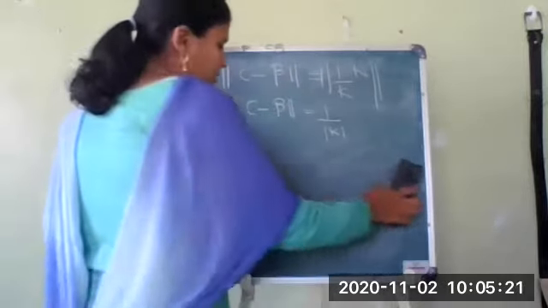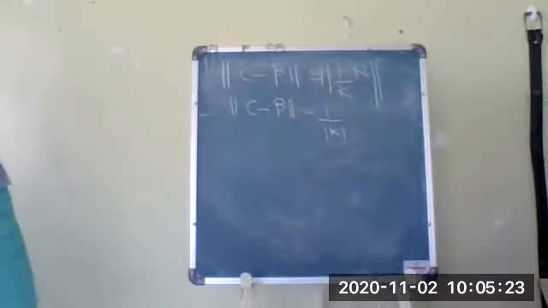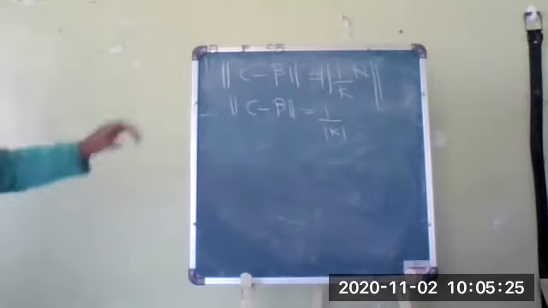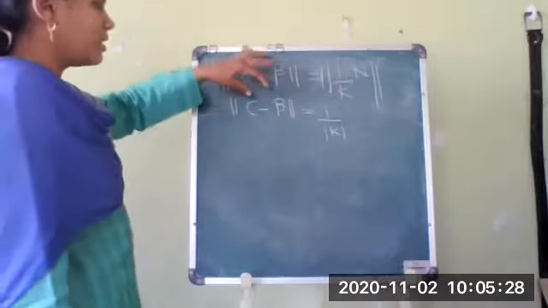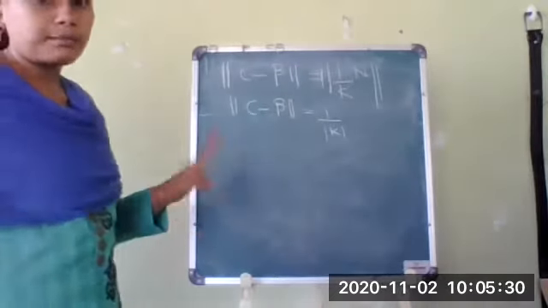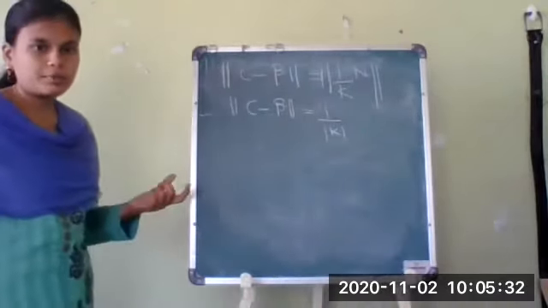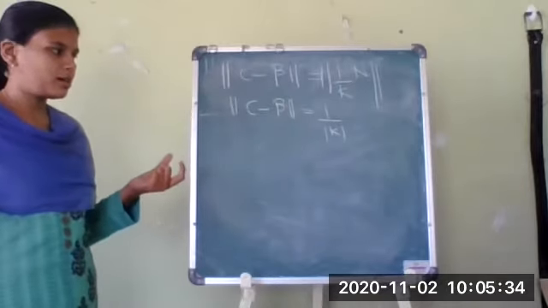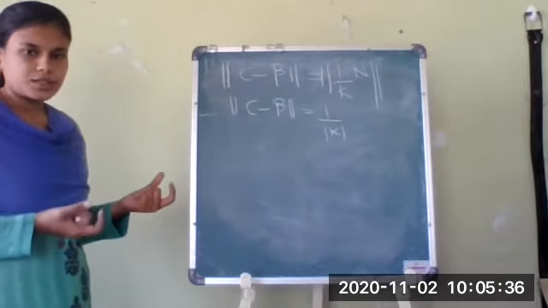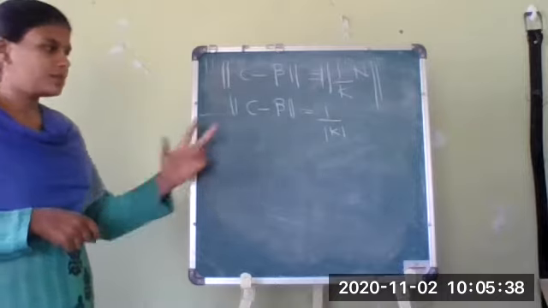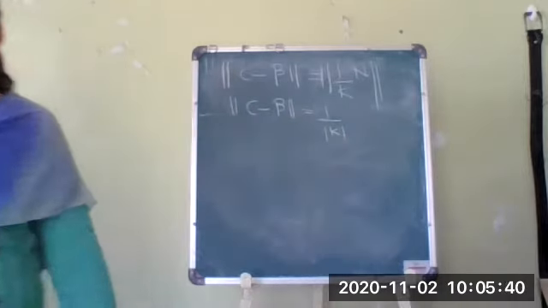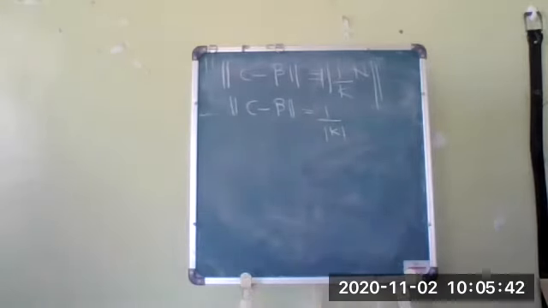An equation of a circle has a fixed distance from the center for any point on the curve. So this proves that the norm of c minus beta is equal to 1